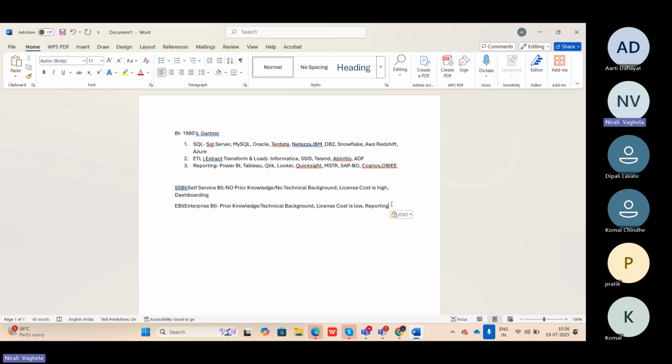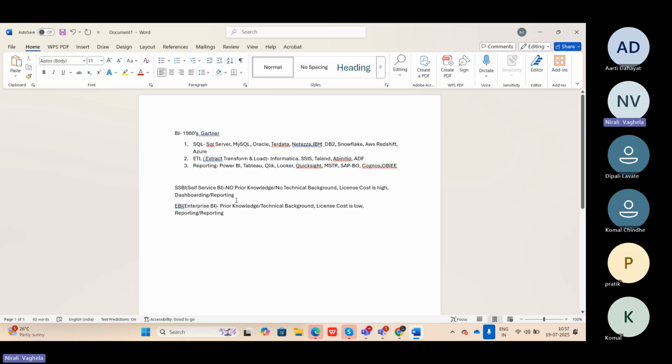It can be a bar chart, line chart, pie chart, donut chart, area chart, scatter plot, and many other charts. So this is a dashboard, and this is a report. A report is simply a table view, basically a table chart.